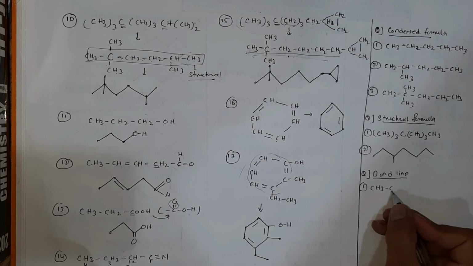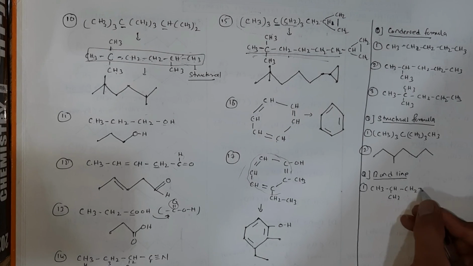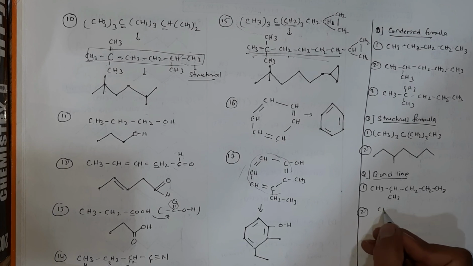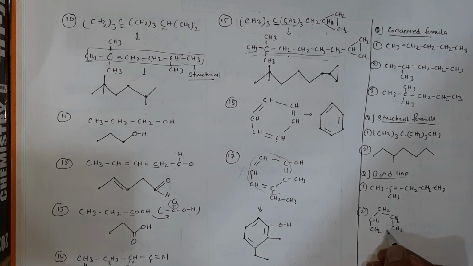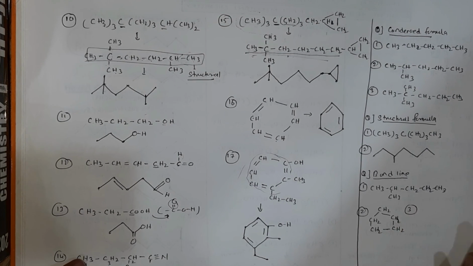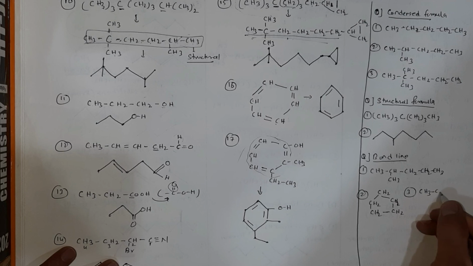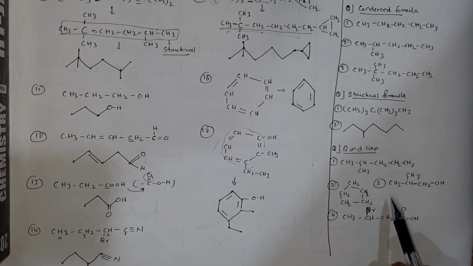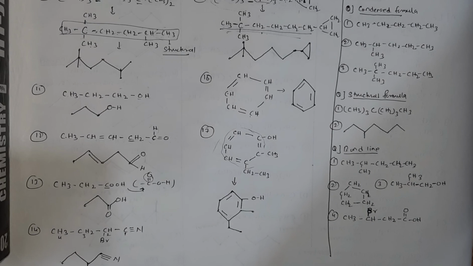Then next is conversion of compounds into bond line formula. First molecule CH3 C, CH3, CH2, CH2, CH3. Second, CH2 single bond, CH2, CH2 single bond, CH2, CH2. Third, CH3 CH. So you submit this assignment on my personal number, okay, before 4 p.m. You have to convert condensed, structure and bond line formula.